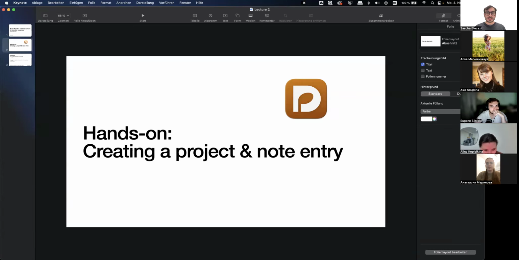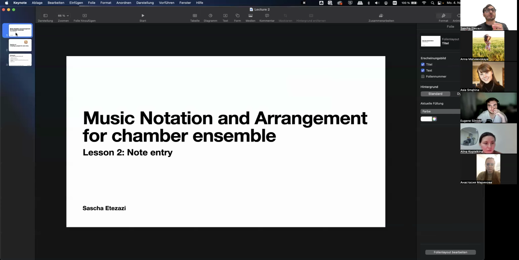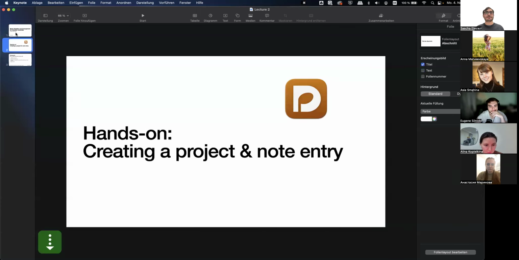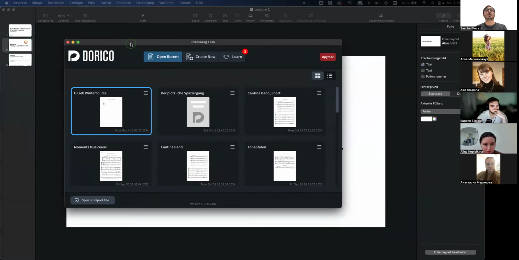Hello everyone to the second lesson for how to create arrangements, instrumenting piano pieces. Today we're going to basically talk about note entry, and I will not actually go much more into presentations, but we'll directly go into note entry in Dorico. So last week we already had an overview of Dorico SE,